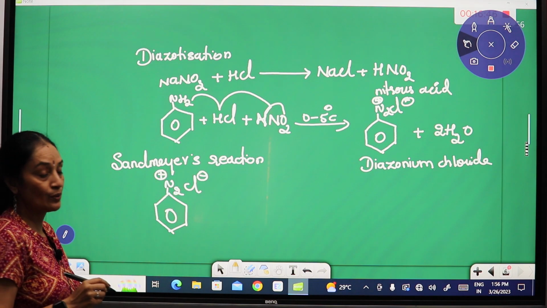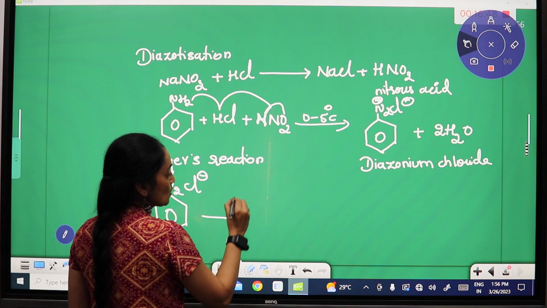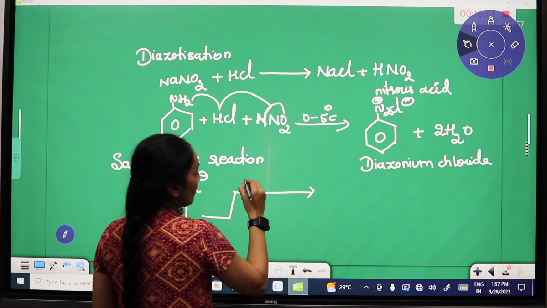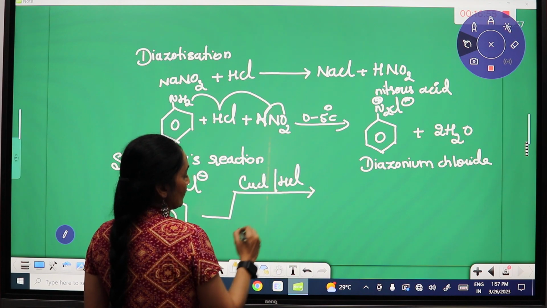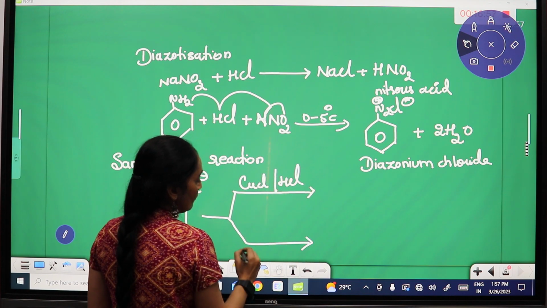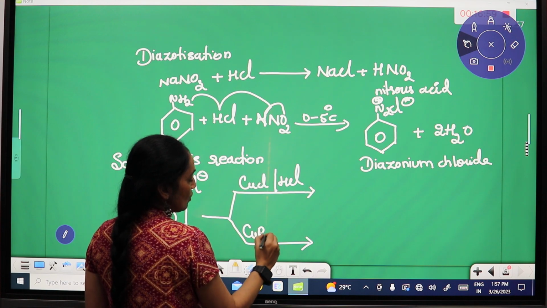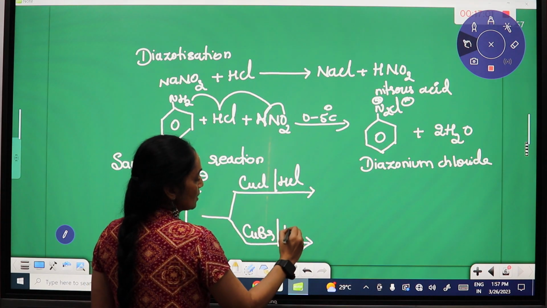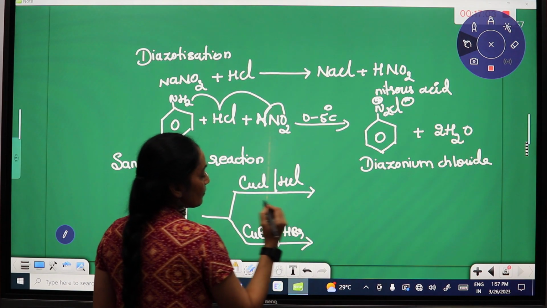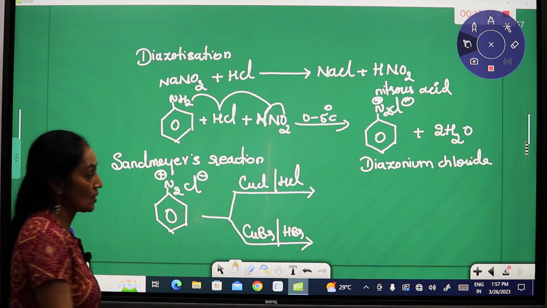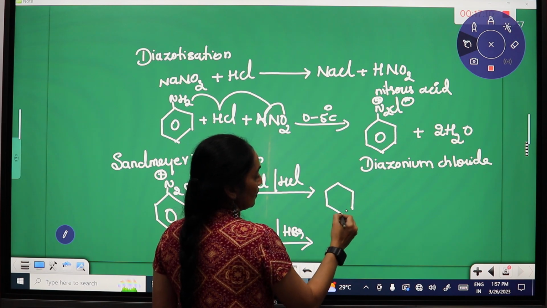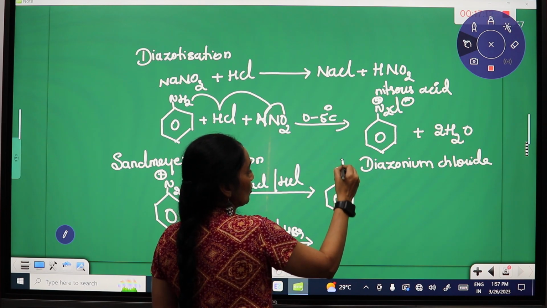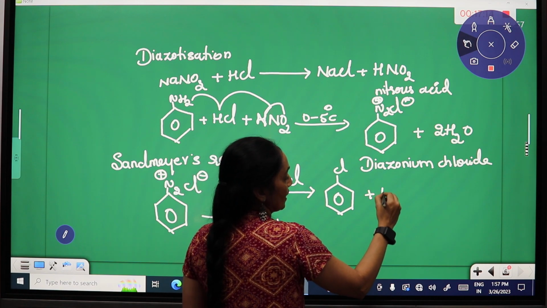Treat the diazonium chloride with either CuCl in presence of HCl, or you can even do it with CuBr in presence of HBr, any of these reagents, so that we get chlorobenzene liberating nitrogen gas,